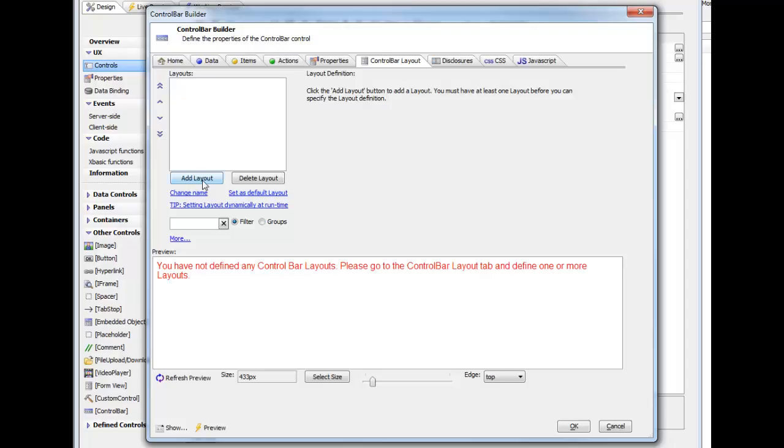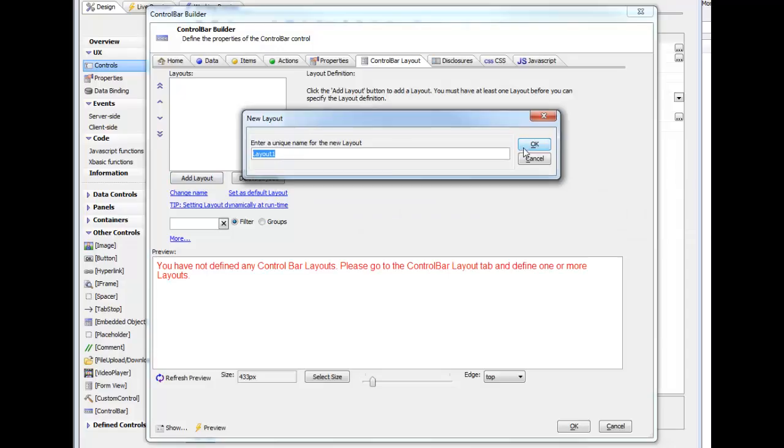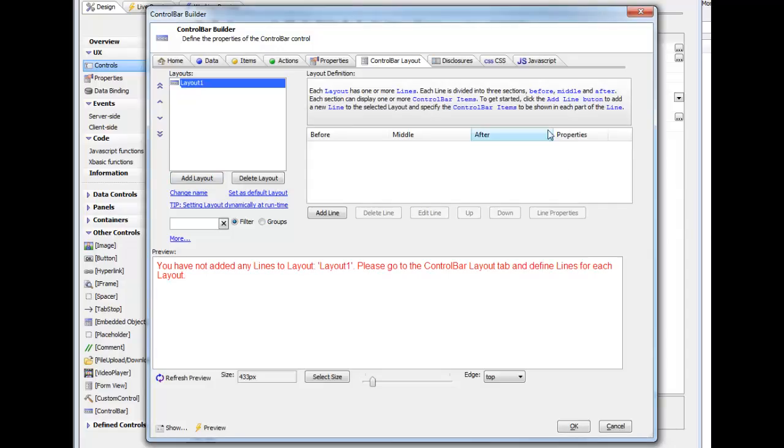So let's go ahead here and create our first layout, and we'll just choose the suggested name of Layout 1. Layouts themselves are comprised of lines. So a layout has one or more lines in it. So most layouts will typically have